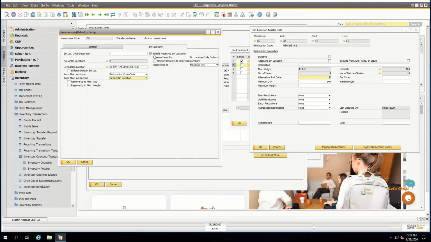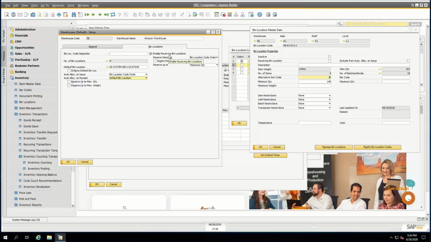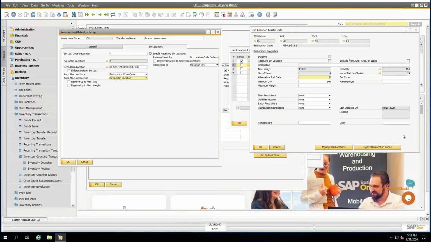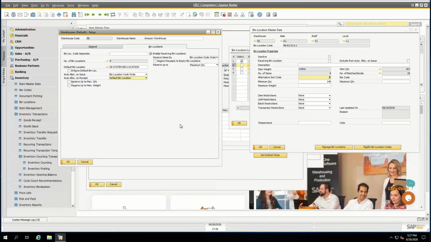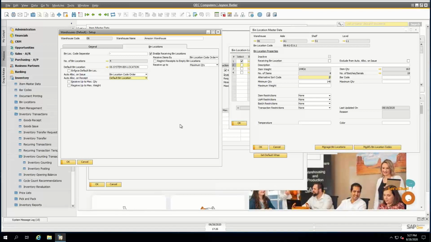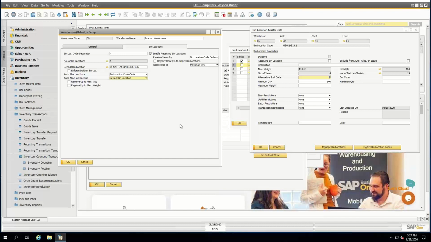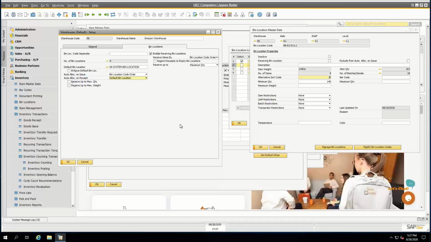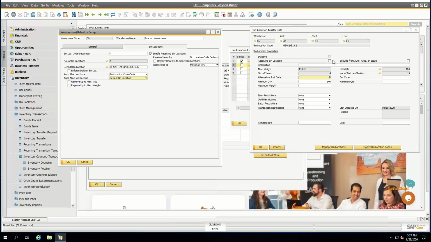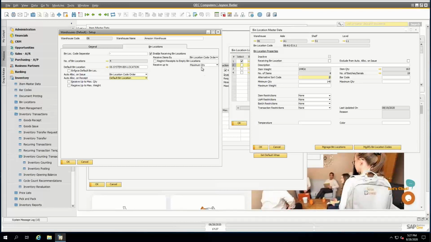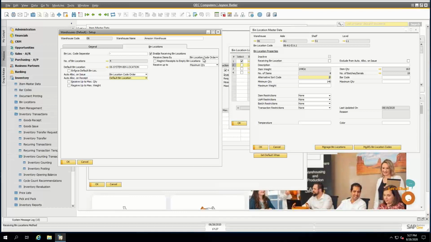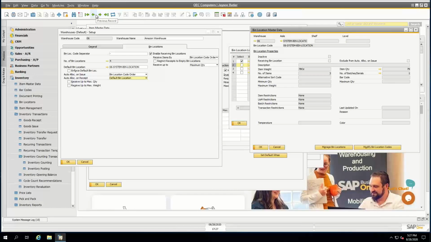Moving along here, enable receiving bin locations. So in SAP, you do have the ability to enable receiving bin locations. On the bin location master data, you can set a bin as a receiving bin, and SAP would automatically allocate inventory to that bin when you receive inventory. If you have multiple receiving locations, you can indicate that if you would like to receive by location order here as well. So if I go to my bin location master data here and I scroll to the right,